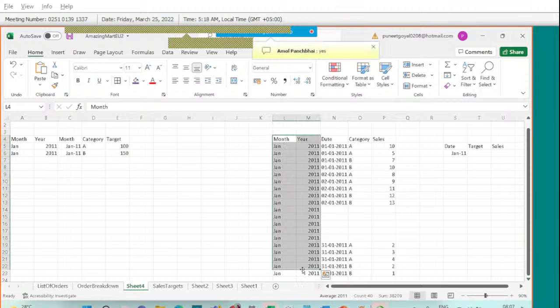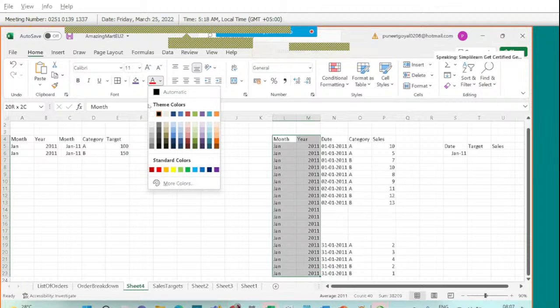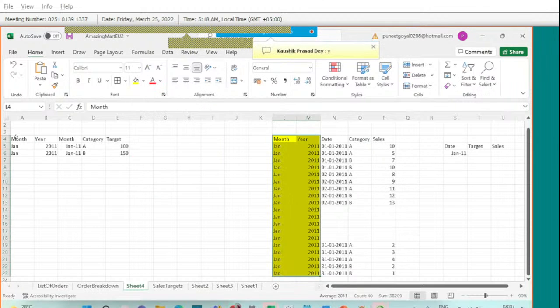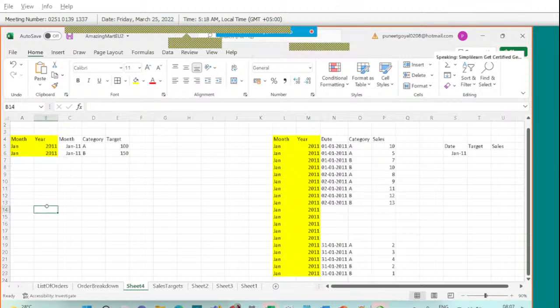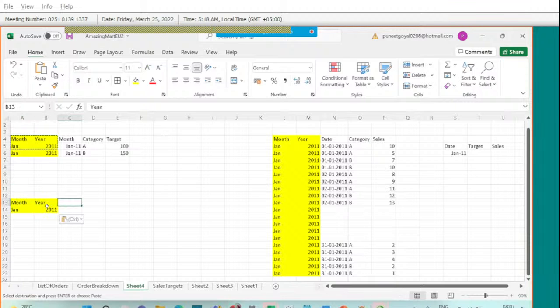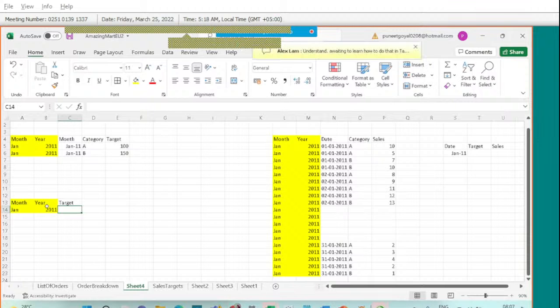So this is what I have extracted now from here. So now I do the grouping. I will say, okay, for the month and year 2011, what's my total target? What is the total target? 250,